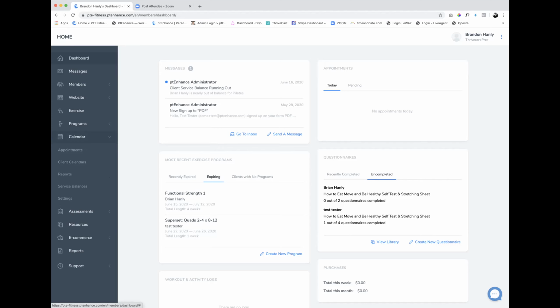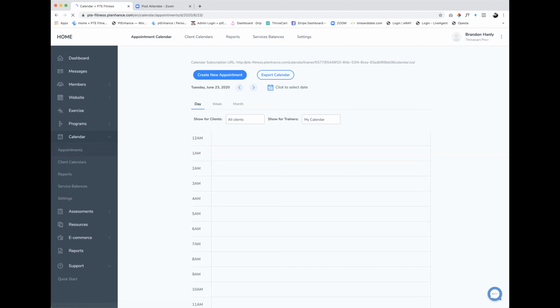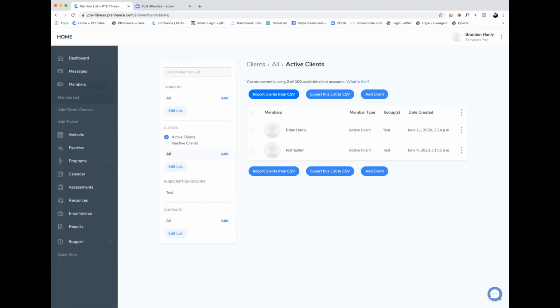So we're going to go under calendar. And I'm just going to go into appointment calendar. Actually, we're going into contacts, right? Is that what we're doing? Not calendar, we're going to contacts? Yes, contacts. Okay. Member list. So import clients from a CSV. So if I click on that,